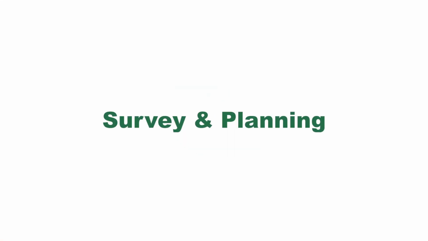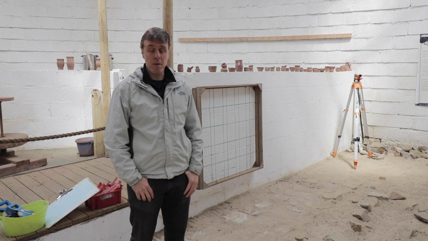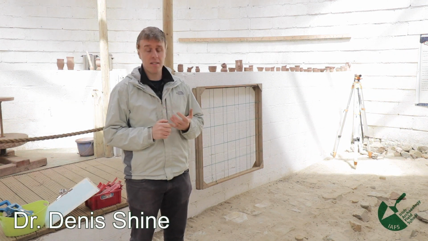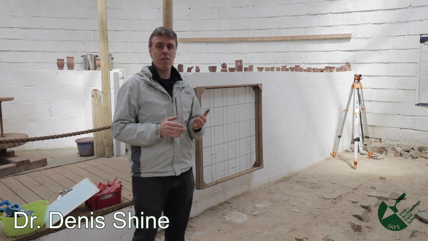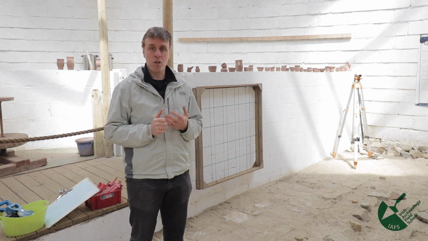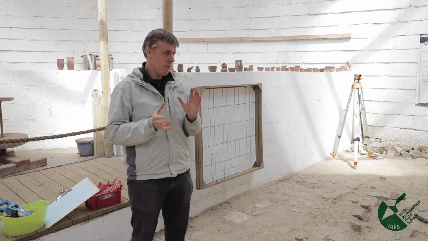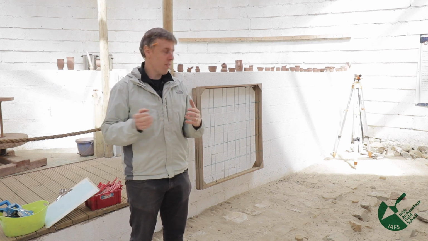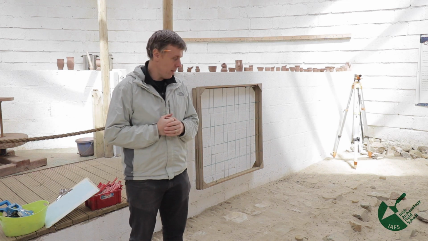So guys, we're back here in the Carrick Centre and we're going to do today's workshop on archaeological survey and planning, and we'll be running through a few various different things. We'll be talking about how we survey sites and indeed why we do. Once they're surveyed, how we use the grid that's been put in by a surveyor to do archaeological planning and capture coordinates. And we'll also be talking, we've mentioned it in other videos, but we're going to come back to it, why sometimes paper is better than digital and why we still need archaeological plans.